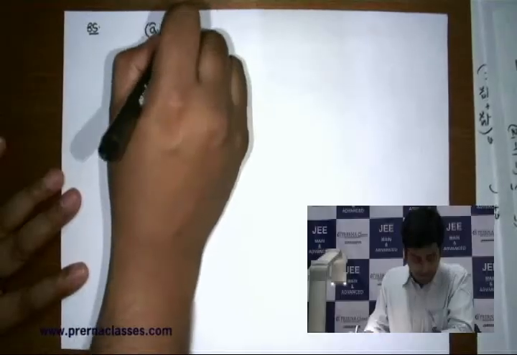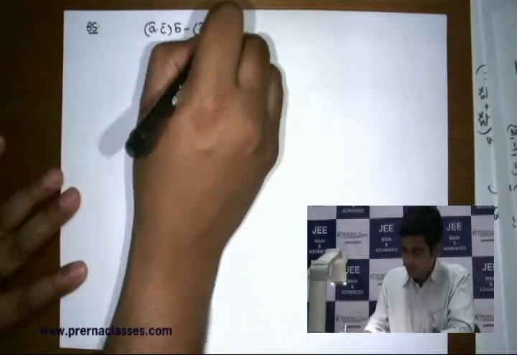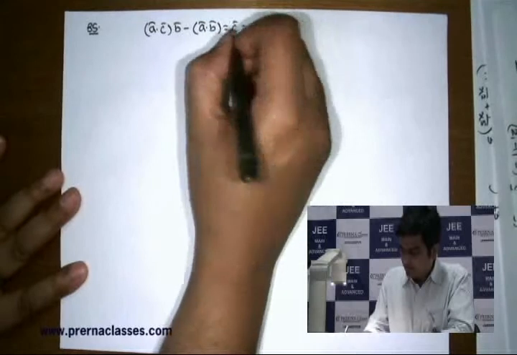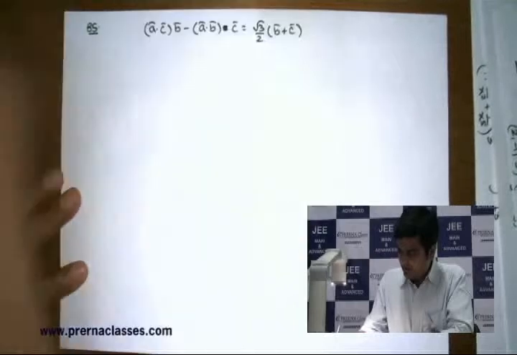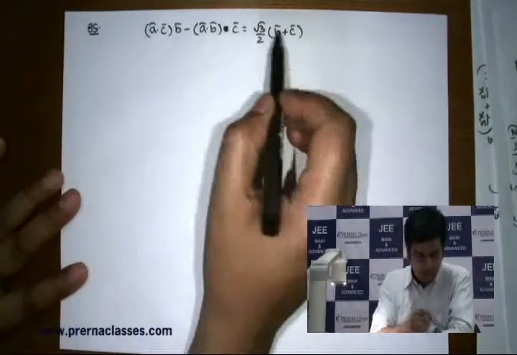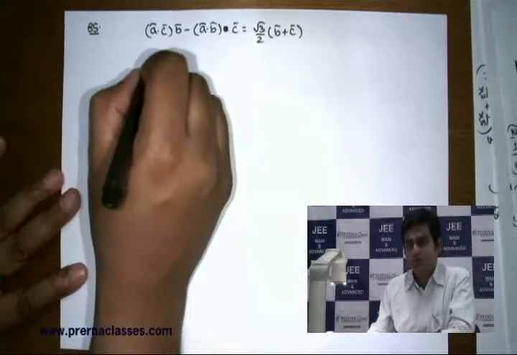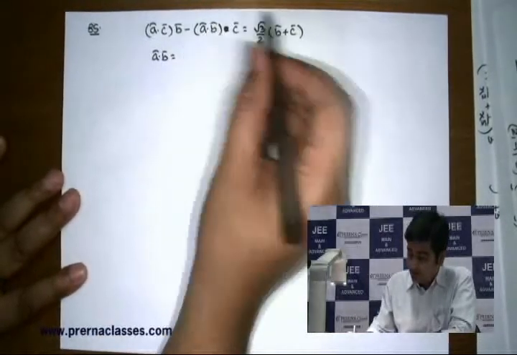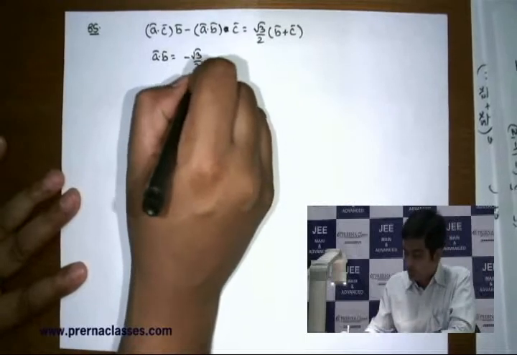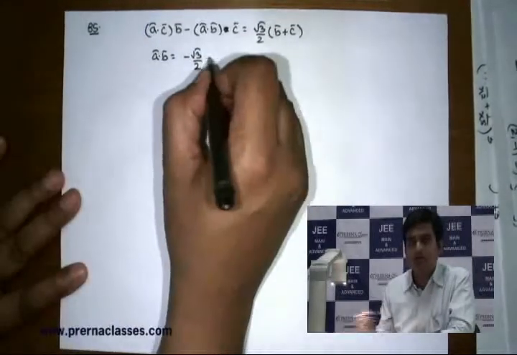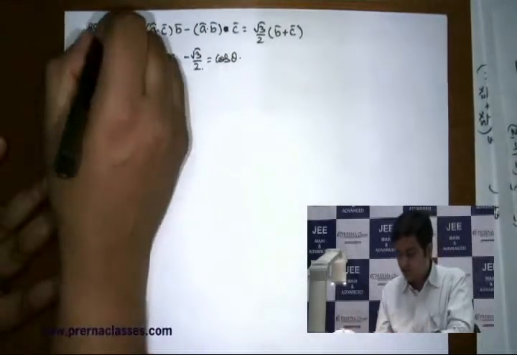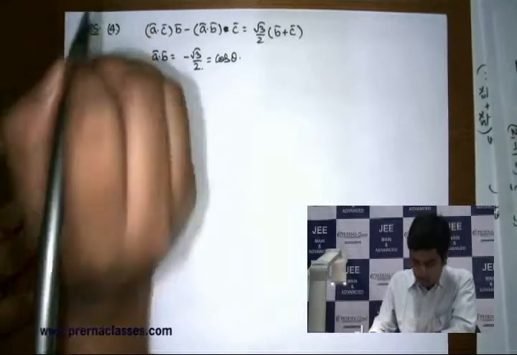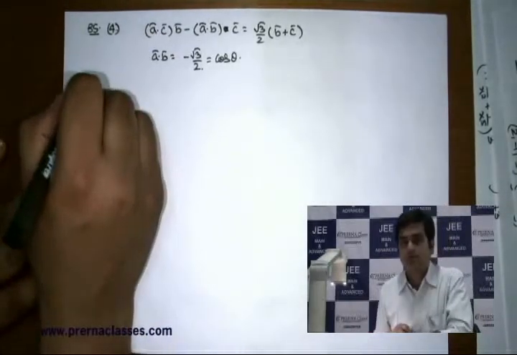Okay, next problem is related to vectors. There you have a vector triple product involved. If you simplify that, you will have A dot C times B minus A dot B times C, and on the right hand side you have some scalar multiple of B plus C. Since it is given to you that B is not parallel to C, clearly they are non-collinear vectors, hence you can compare the coefficients. And since you are interested in the angle between A and B, I can safely say that the value is negative root 3 by 2 by comparing coefficients. And since A and B are unit vectors, this is going to be nothing else but cos theta. So the angle required is 150 degrees, which is option 4.